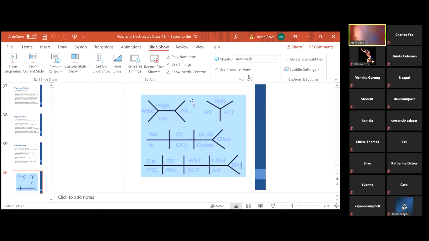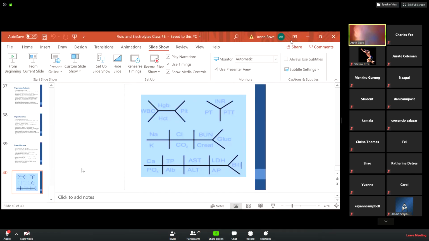So that's it in terms of fluid and electrolytes. I just figured that it's important